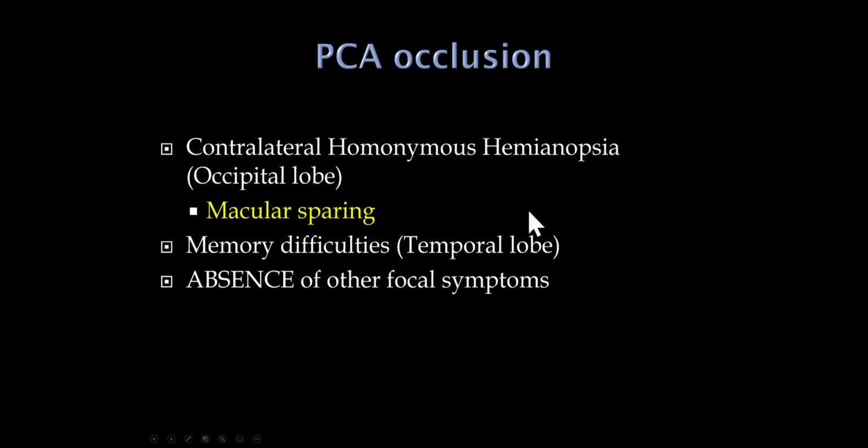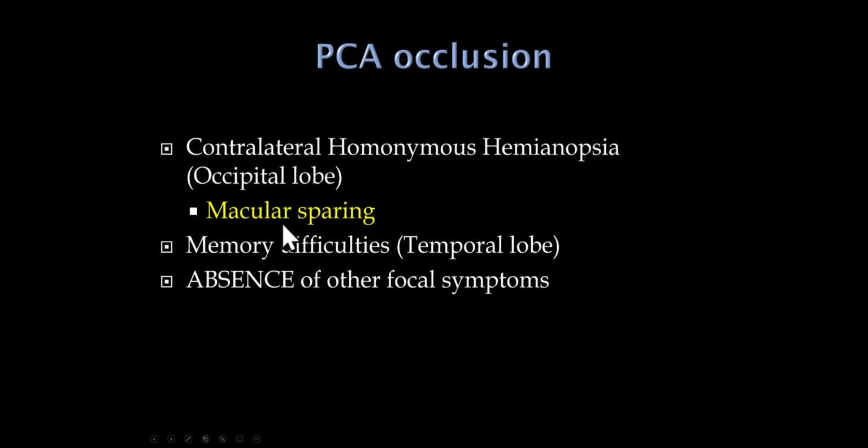Now in the posterior circulation, we have the posterior cerebral artery, which affects the occipital lobe. So patients have a contralateral homonymous hemianopsia, and the classic thing that should always jump out on a board exam is macular sparing. If they have macular sparing, it's a PCA stroke. And remember, the mechanism here is that your macular fibers have a dual blood supply, MCA and PCA. So if we have a PCA stroke back in the occipital lobe, the MCA still preserves flow to the macular